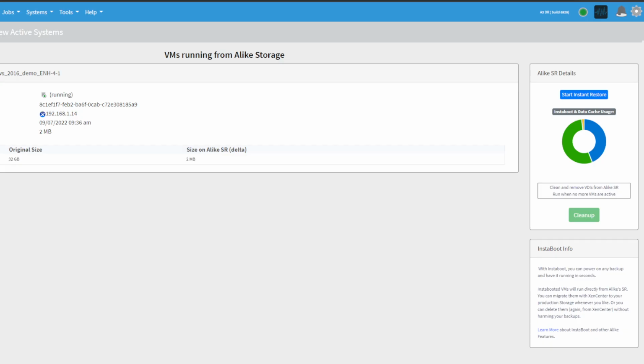You could see here, the amount of disk we're consuming in order to do this is very, very minimal. So it's a 32 gig machine, but right now just creating a differencing disk of VHD on top of it is only consuming 2 megs. Now Windows will consume a little bit more. It's going to need to make a swap area and stuff like that. So we'll end up a little bit bigger, but